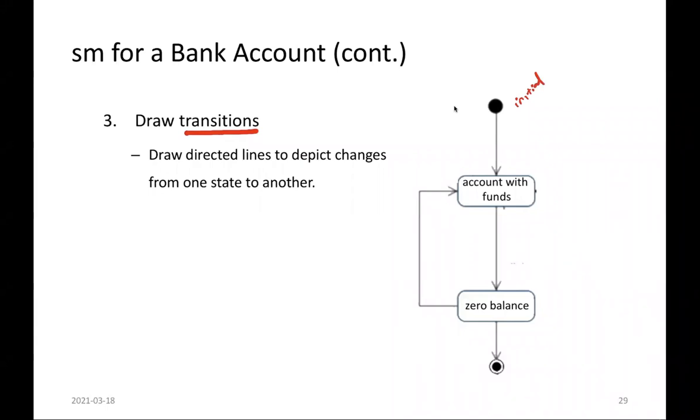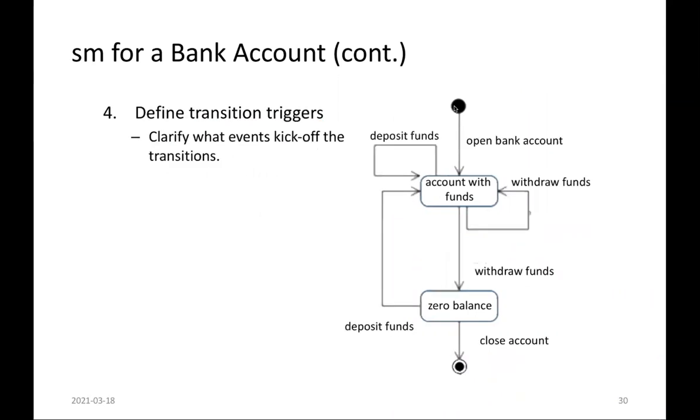And then if the bank account has funds, it could go to a zero balance. If there is a withdrawal, you're going to withdraw money, and then if you deposit, you would go back to having funds in your account, and then finally go to your exit or final state. So in addition to drawing those transitions, like exploring the possible transitions, or what we call the initial preliminary transitions, you need to define within those transitions the triggers,